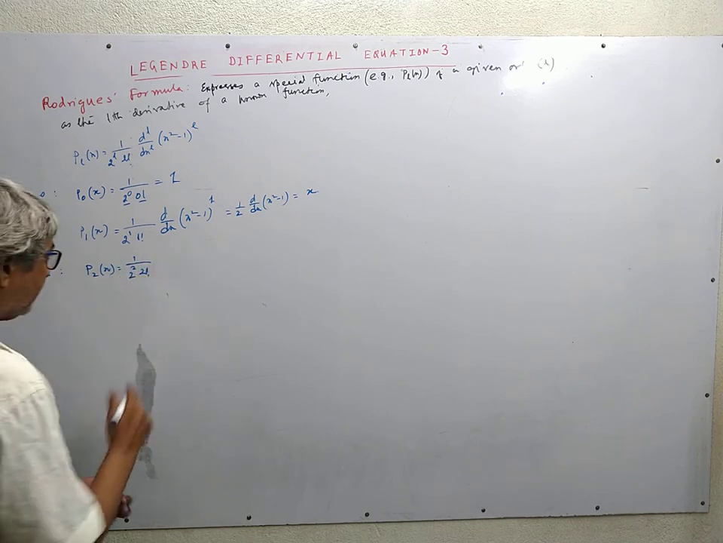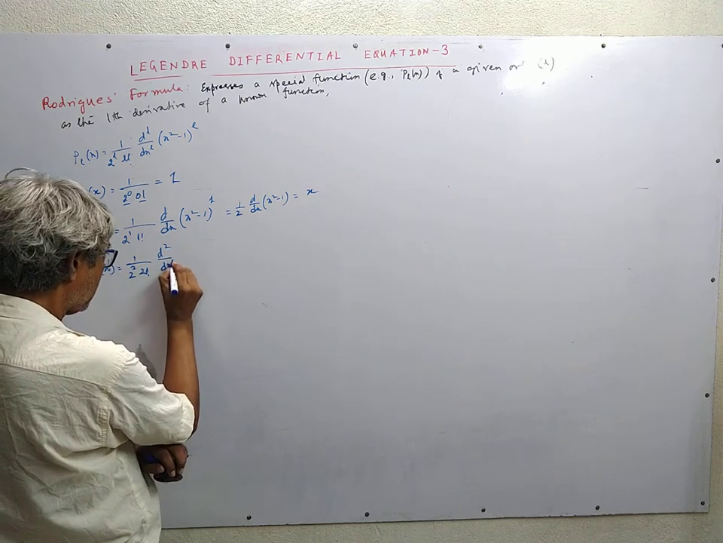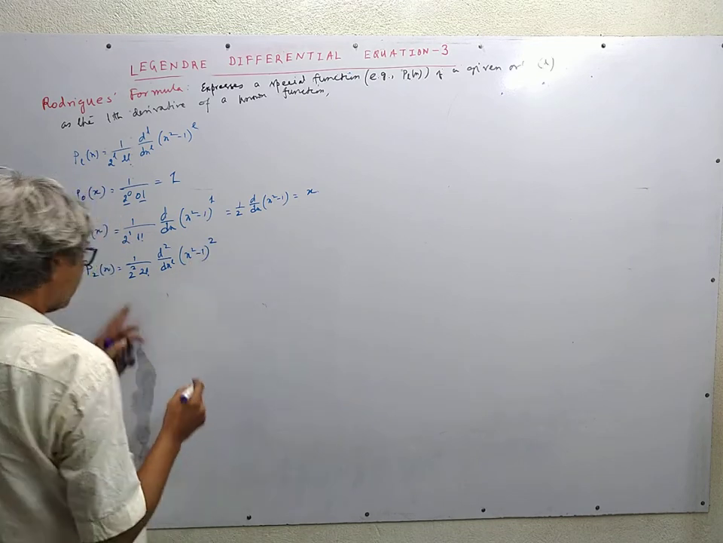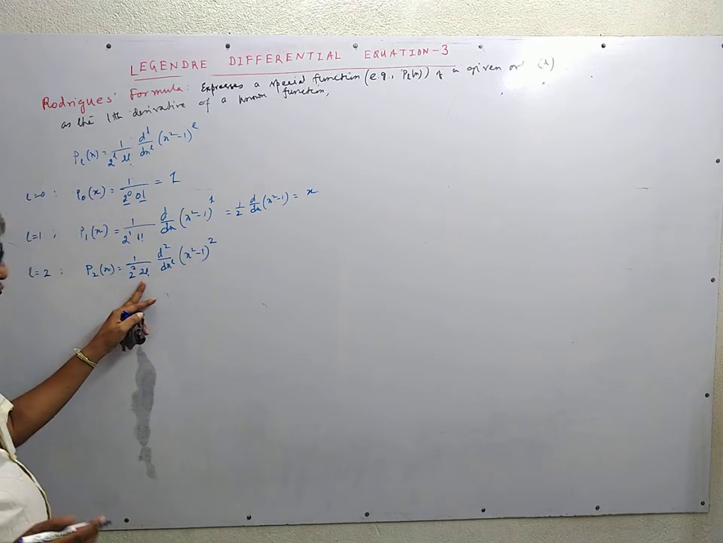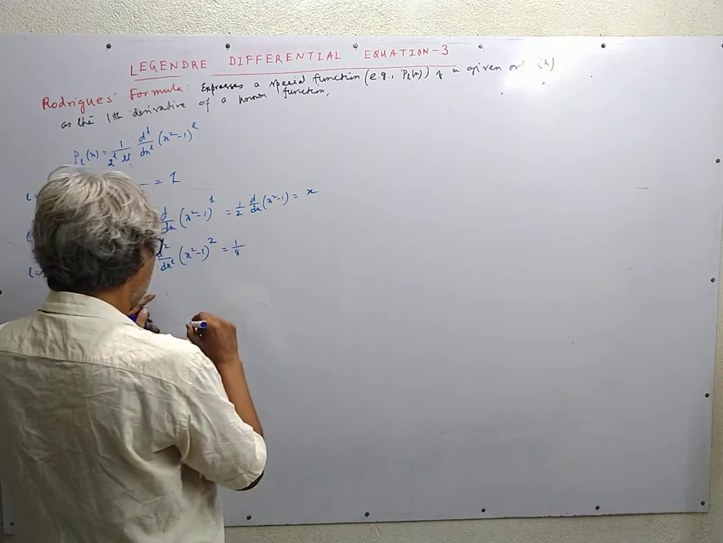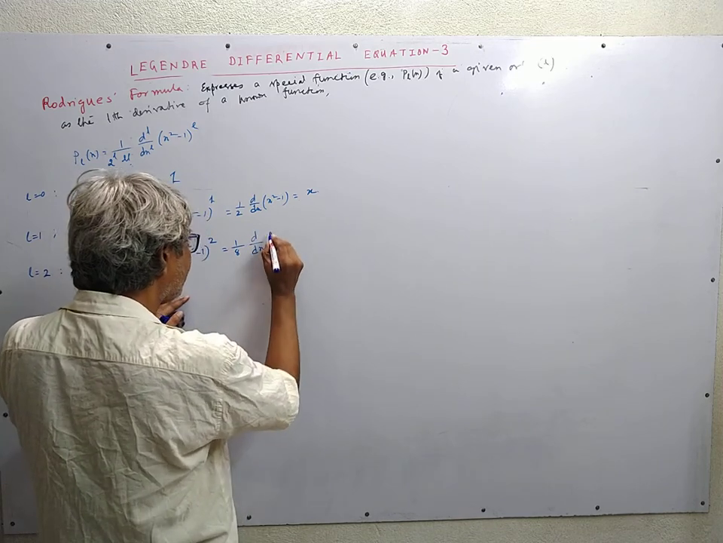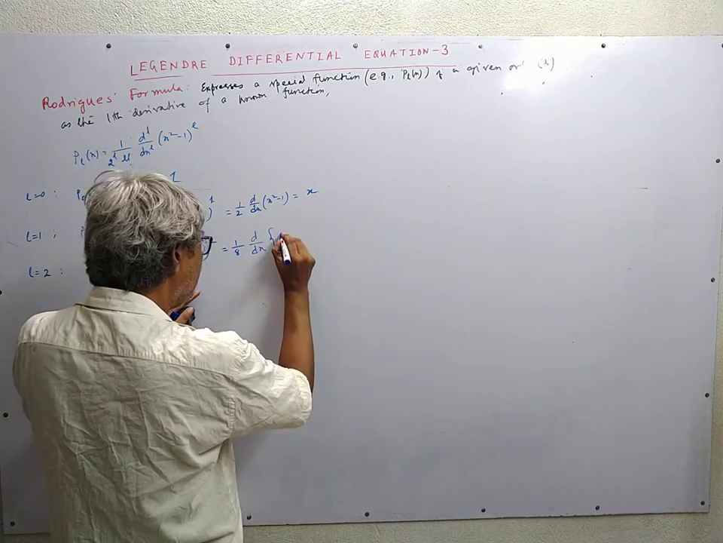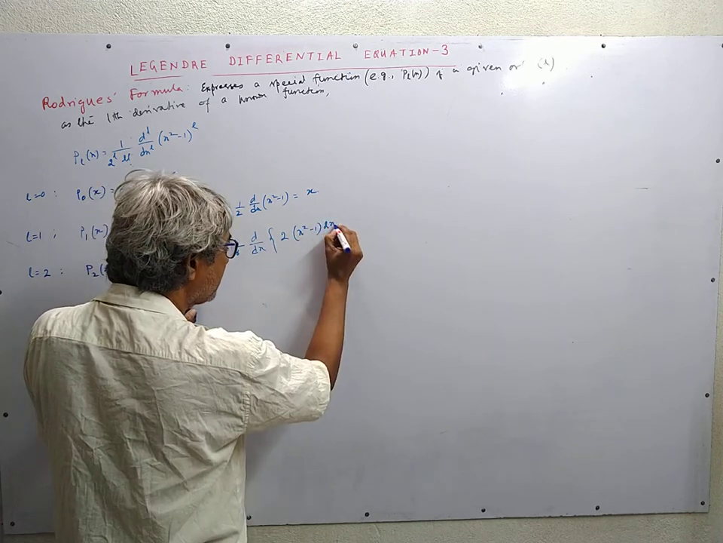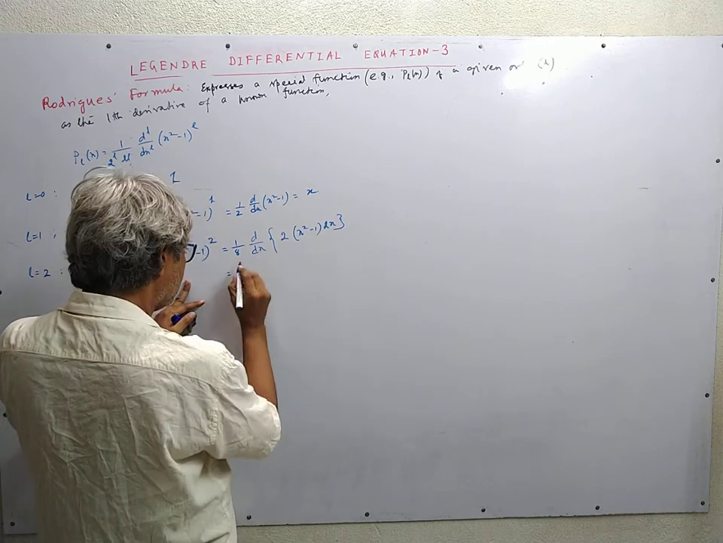Now for L is equal to 2, we have 2 to the power 2 factorial. First, this is 4 times 2, this is 8. The numerical factor is 1 upon 8. Now once we differentiate it, we have 2 times (x square minus 1) times 2x. So this is 4, so it is half